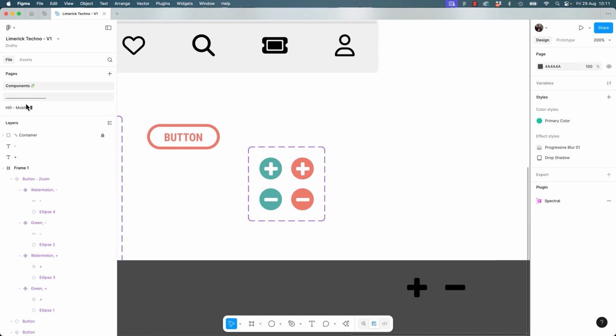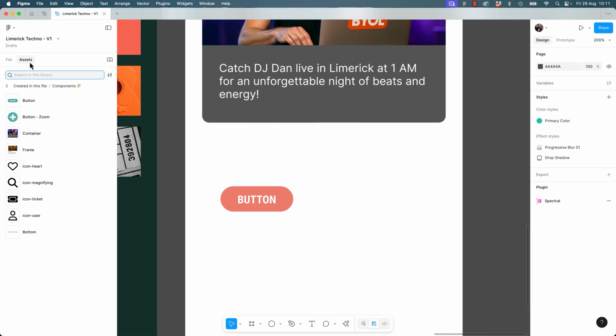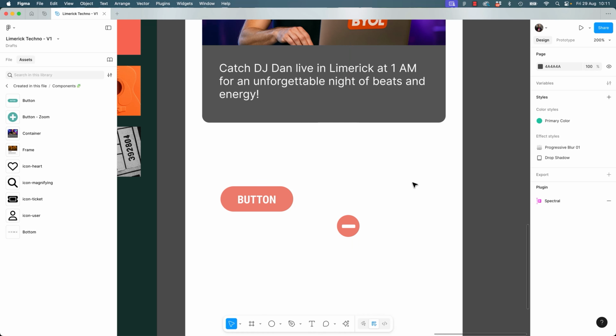Let's go back to our high fidelity mobile. Let's go to Option or Alt 2 to go to our assets panel. Drag out my button zoom. Okay, and we're going to say multi-dimensional. Look at us. All right, so the big version is it doesn't matter how you get there, but you